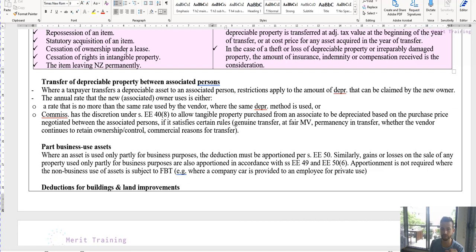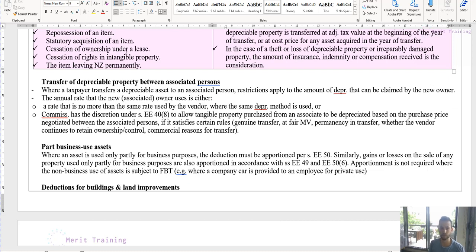So when a taxpayer transfers a depreciable asset to an associated person, restrictions apply to the amount of depreciation that can be claimed by the new owner. Remember, this is only for associated owners, not for random people in arm's length transactions. The annual rate that the new associated owner uses is either A, a rate that is no more than the same rate used by the vendor, where the depreciation method is used, so you can't really depreciate more than the old owner,